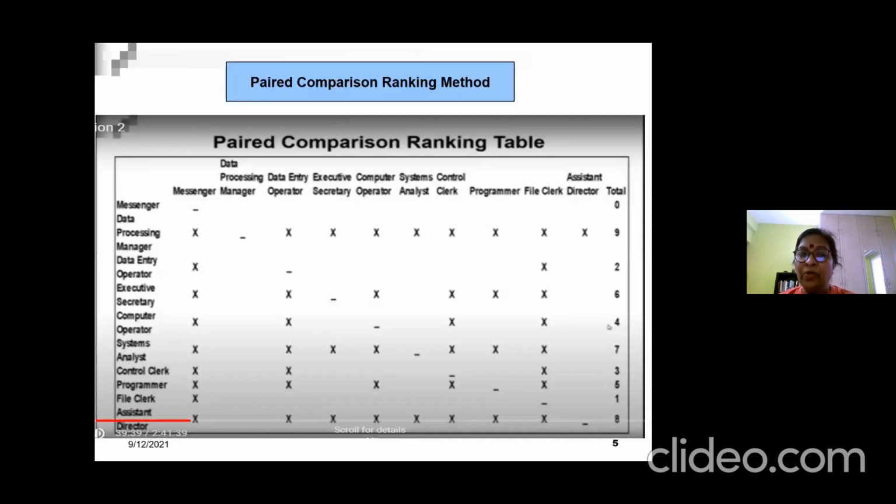Okay. So we looked at the paired ranking where you looked at whole job, the compensation committee who does the job evaluation, how they evaluate each and every job with the rest of the jobs and then do the ranking. Now, based on the ranking, then the highest will have the higher job worth and the lowest will have the lower job worth. And then you can build salaries.